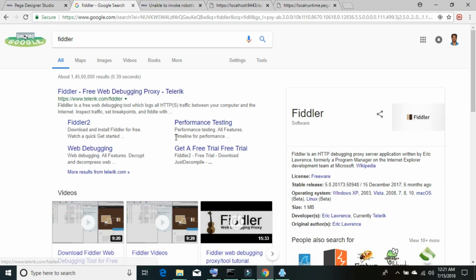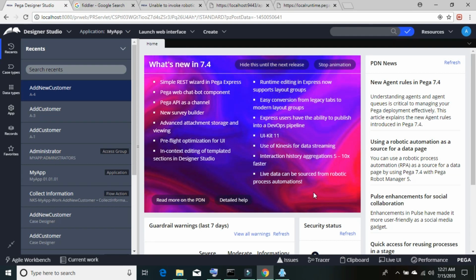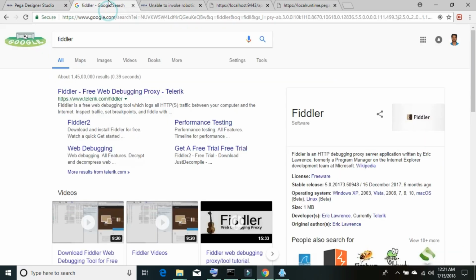Just download it, install it, and it will show you the communication between our Pega platform and Pega robot, and there you can analyze what communication is not able to perform. So basically you should just make sure that your https local runtime.pega.com 9443 API v1 runtime is available. It shows available. If it is available, then you can go back to your Pega UI